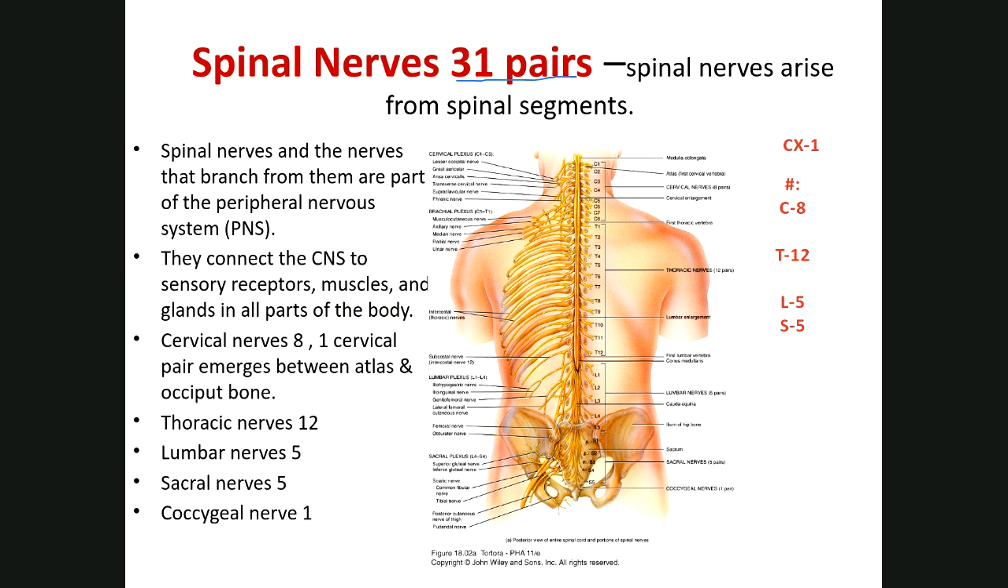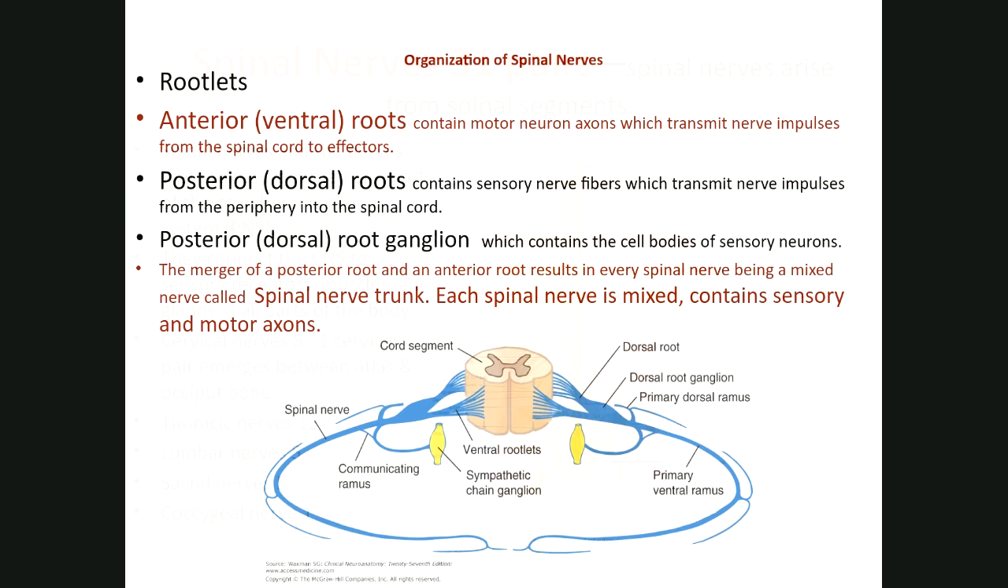So the spinal nerves that exit the vertebral column, we have to know that there are 8 cervical spinal nerves, 12 thoracic nerves, 5 lumbar nerves, 5 sacral and 1 coccygeal. And the reason there are 8 is because the first cervical nerve exits on top of C1. So, the organization of the spinal nerves: